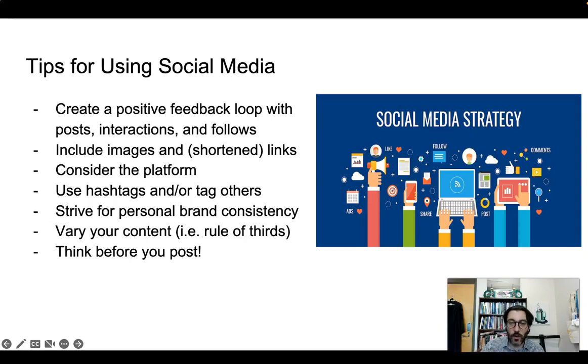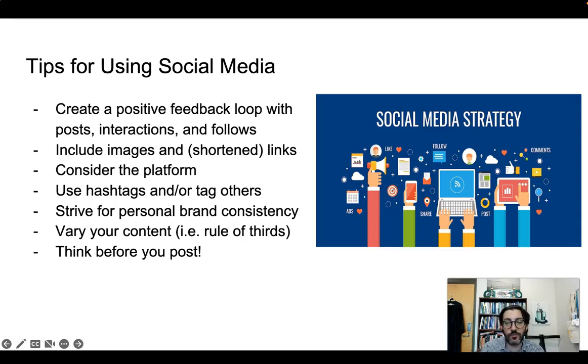One that I've mentioned in the previous slide is to consider the platform. Depending on which platform you choose, you may have a completely different strategy in terms of what the content is going to look like. So if you're going to use Twitter or you're going to use TikTok, for example, you're going to use them in very different ways. You may use them for the same exact purpose, but both of the posts should look very different because you're speaking in some ways to different audiences, and both of those platforms utilize different kinds of strategies or prioritize different aspects of posts, like visual imagery versus links and engagement.